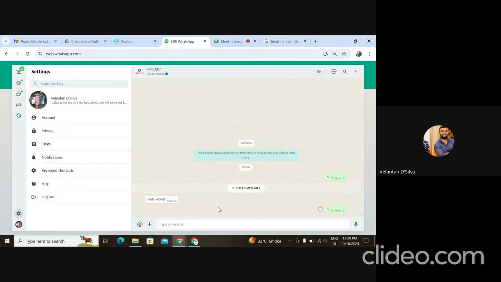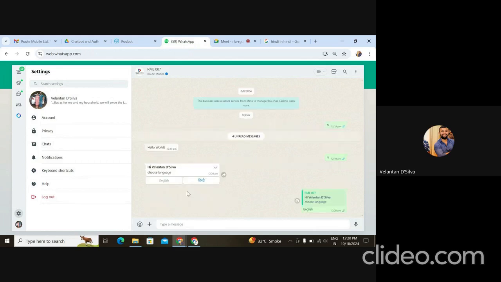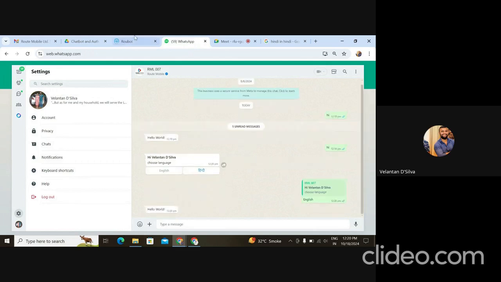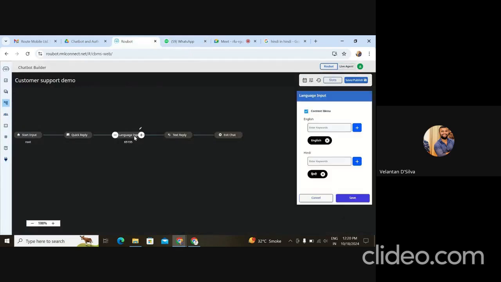Sorry, I'm still waiting for the quick reply. The network is a bit slow here. So I say hi. I get two languages, English and Hindi. In this case, I select English. I'll show the use case of context menu. Hello world. Now technically, because I've enabled context menu,